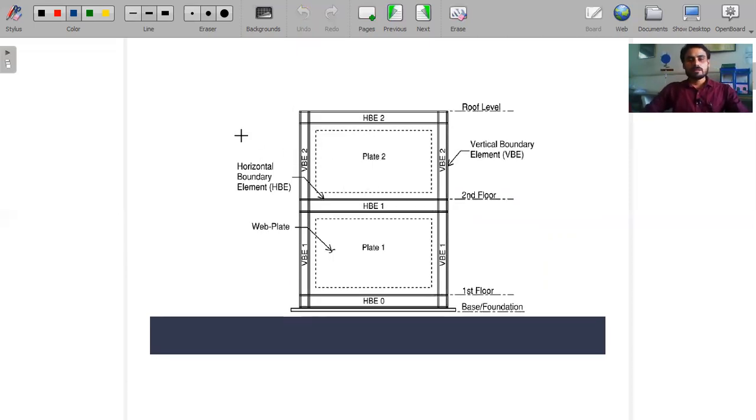If we construct a shear wall in a framed pattern, here is a horizontal boundary element and a vertical boundary element. That means a framed structure is constructed and plates or panels are placed inside these frames. The main load carrying skeleton will be these horizontal and vertical boundary elements. The external load will be distributed by these frames, not by the panels. We can construct the shear wall in any pattern. It will depend on the magnitude of load, locality, and how earthquake prone the area is. Various parameters decide the type and category of shear wall.